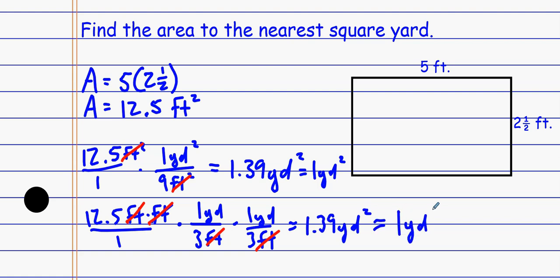But again, some of us might not feel comfortable with that. Some of us might not understand where that's coming from. The easiest way mentally to think about this is to convert the feet to yards before we get the area. Okay? And so if you look at something like this guy, 5 feet, well, take that off to the side and convert it to yards. Say, okay, let's change 5 feet to yards. So again, there's 3 feet in a yard. So that gives us 1 2/3 yards. And so by just rewriting it that way, 1 2/3,